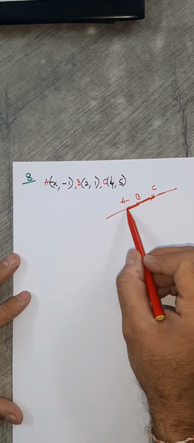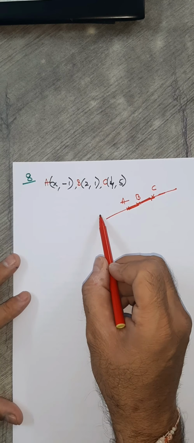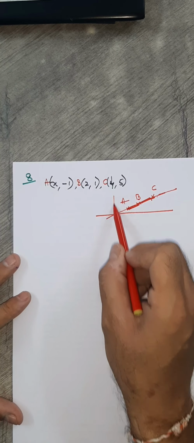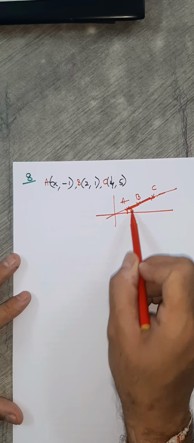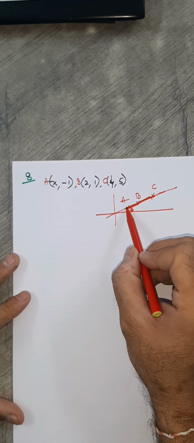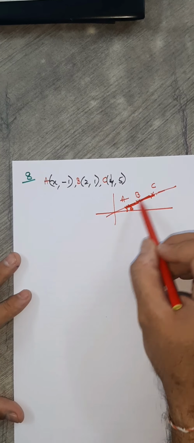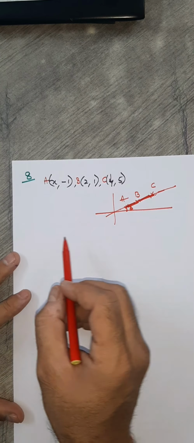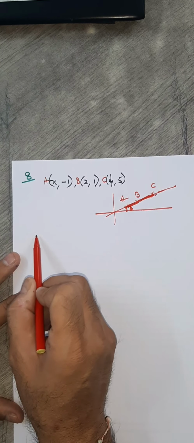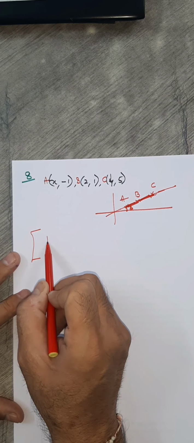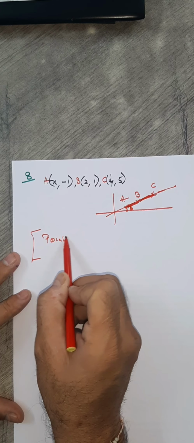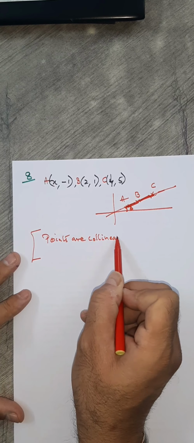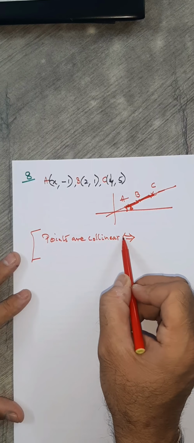Out of these 3, if I take any 2 points, then the slope will be the same, because slope has nothing to do with the points. Slope has some connection with inclination, you know, right? So if I take these 2 points or these 2 points or these 2 points, slope remains the same. So whenever points are collinear, you can just note this as the result: points are collinear, that means whenever they are on the same line, if and only if